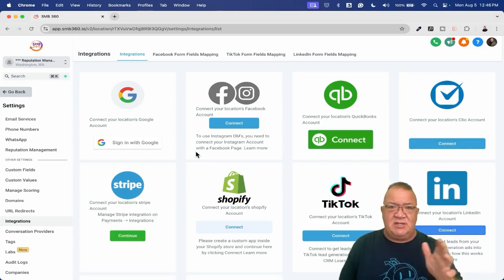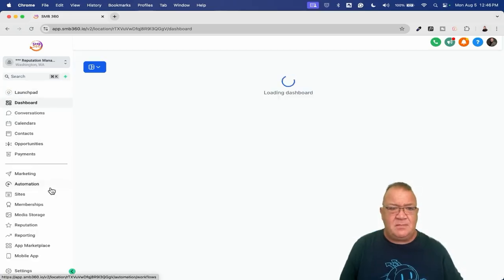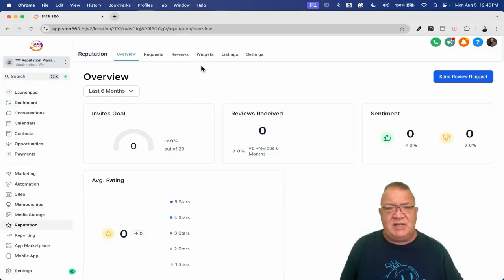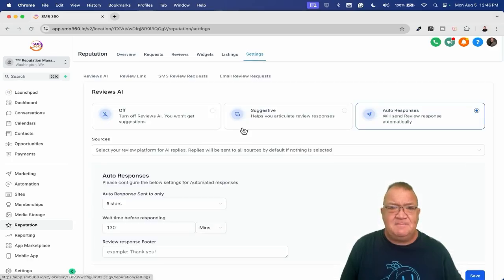You should have that already because you probably already had this set up initially in the onboarding process. But if it's not set up, you will need to have that set up first before you continue. Once you continue, you will come over here to your reputation area, come into your settings over here and look